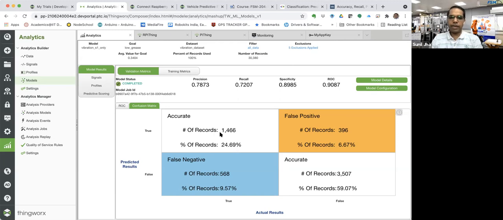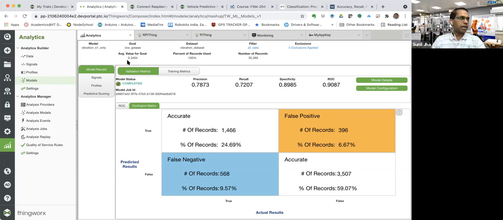So not much variation comes out whether I have included S2 or not. So this matrix is good enough to make me take a decision that I don't want an S2 to run this. Fine. So once the model is done, that is the interesting part.